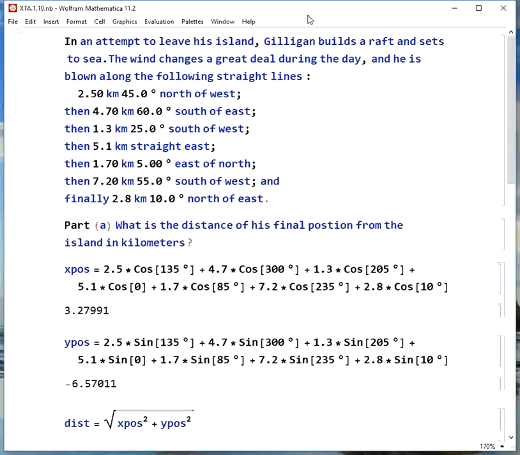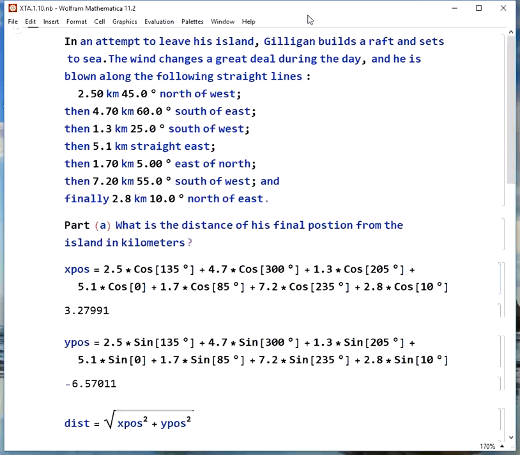In an attempt to leave his island, Gilligan builds a raft and sets to sea. The wind changes a great deal during the day, and he is blown along the following straight lines: 2.5 kilometers, 45 degrees north of west; 4.7 kilometers, 60 degrees south of east; 1.3 kilometers, 25 degrees south of west; 5.1